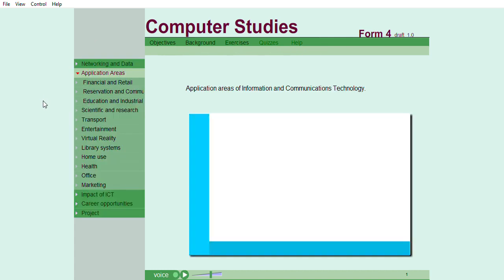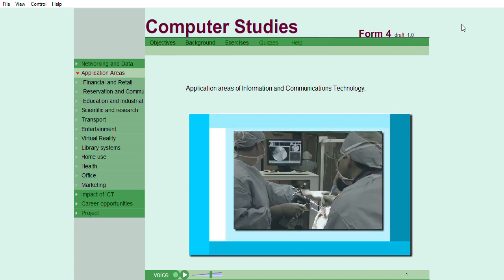Hello, welcome to Form 4 second topic in Computer Studies. We shall learn